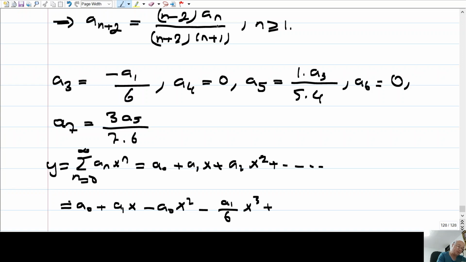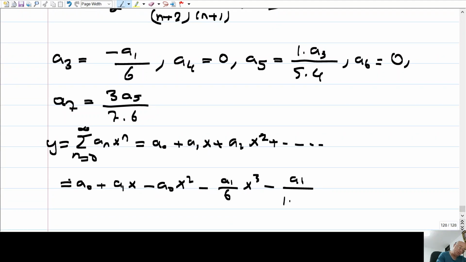When you plug 2 here, you get 0. So there is no x to the power 4 term, and then x to the power 5 term. So a3 over 20, but a3 was minus a1, so minus a1 over 6 times 20, which is 120,